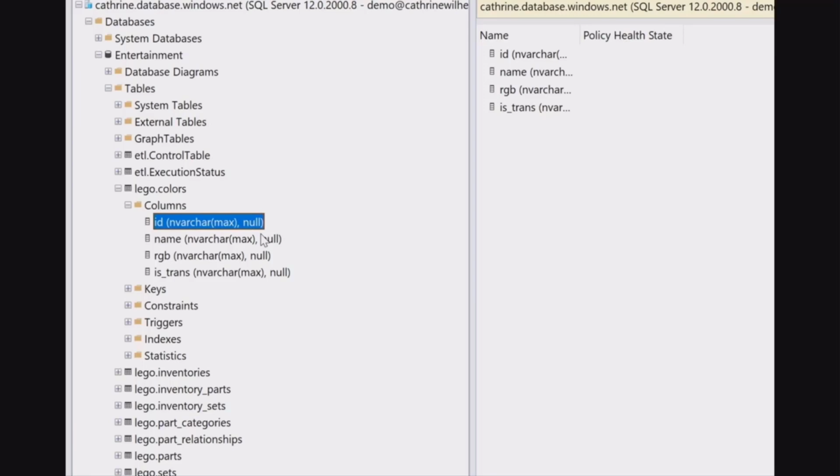So if you're reading from an Oracle table into SQL Server, it can pick up the data types and it will create that for you. If you're reading from a text file, it's not going to understand that mapping out of the box. And that's where the mapping data flows come in.